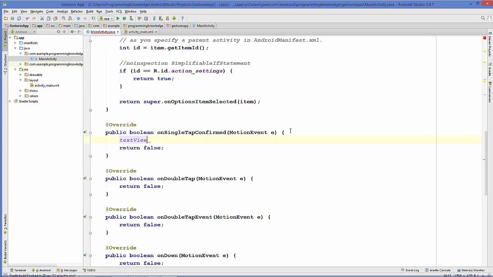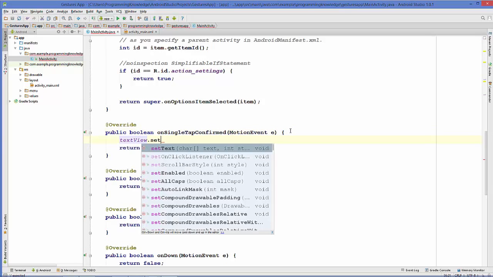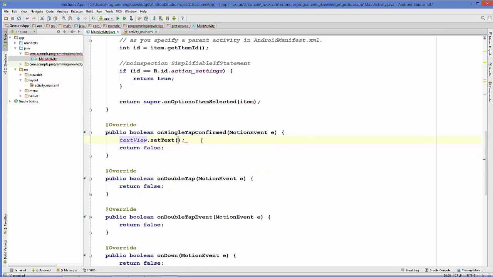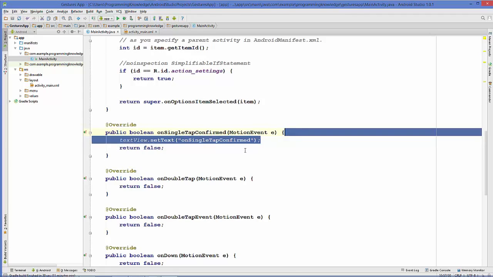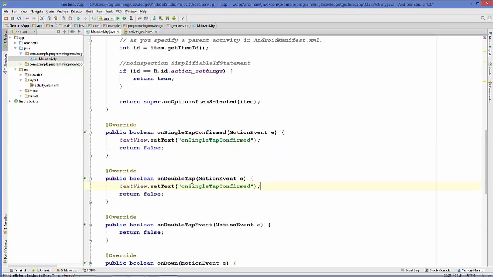Okay, so textView.setText, and as an argument of this setText, we will pass the name of the method simply. So we know which method is called, and it will be printed in this text box. The same thing I'm going to do for all the methods. So onDoubleTap,